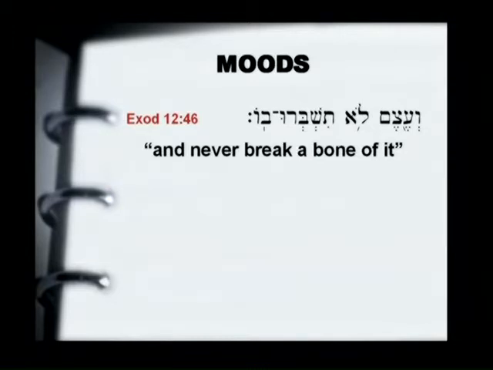It has to do with the Passover lamb. Not a bone is to be broken on the Passover lamb. The lo, the negative, is what's here. Now notice that in this case, the bone, the direct object, is placed first. That's for emphasis. The focus here has to do with the bone, and so it's put first. That's not the normal Hebrew order, and the reason for it being out of the normal order is to bring a focus on bone.